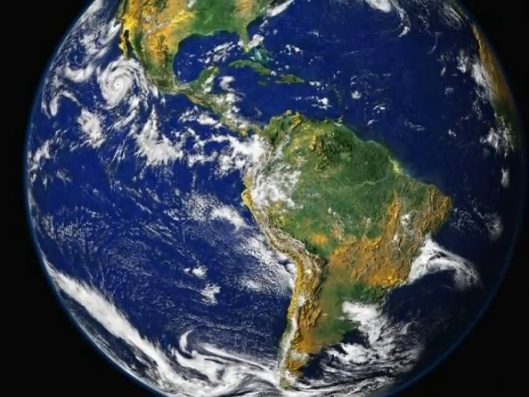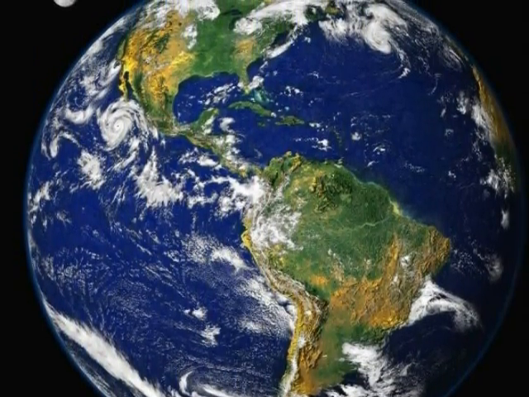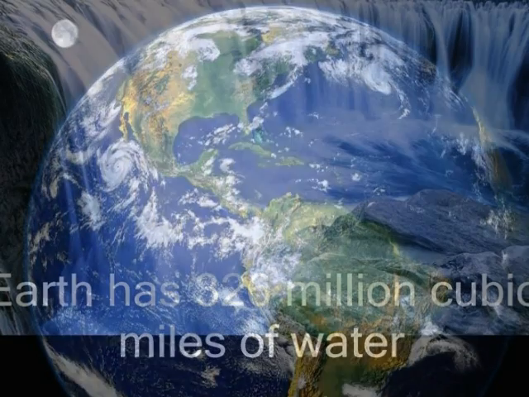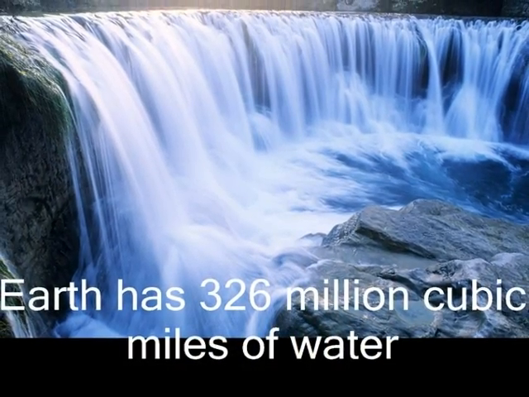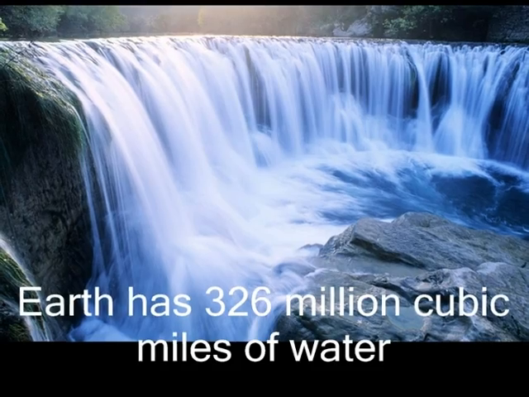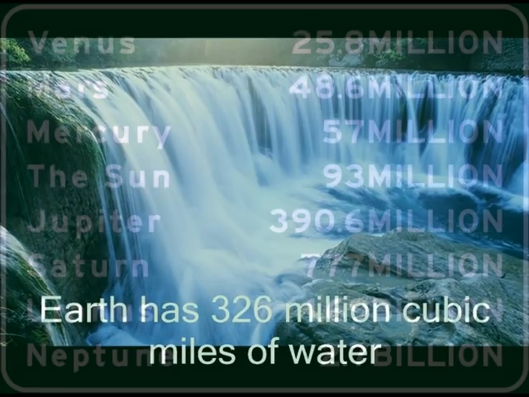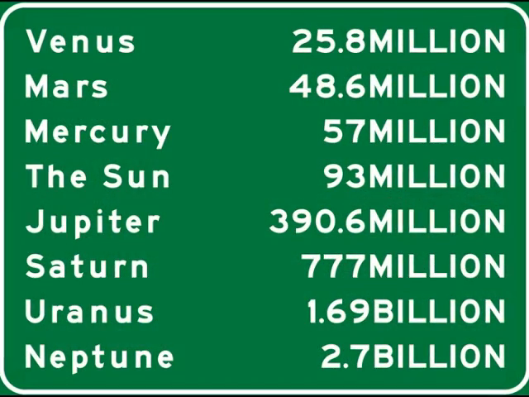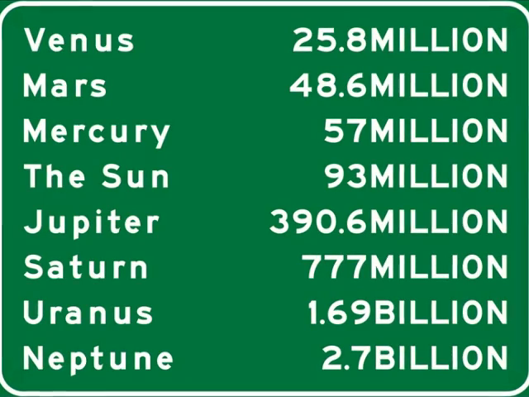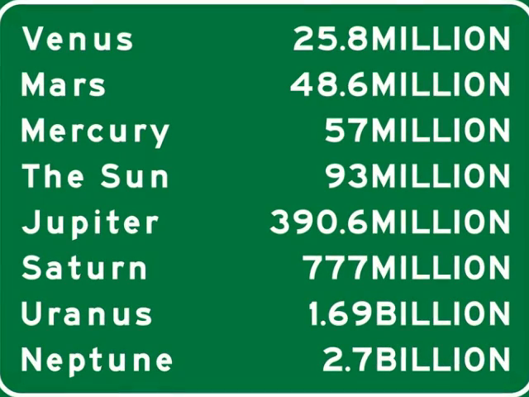Did you know that the Earth's surface is covered with between 70 and 75% of water? The total amount of water on the Earth is about 326 million cubic miles of water. Just to put that 326 million cubic miles of water in perspective, if we were able to take that water